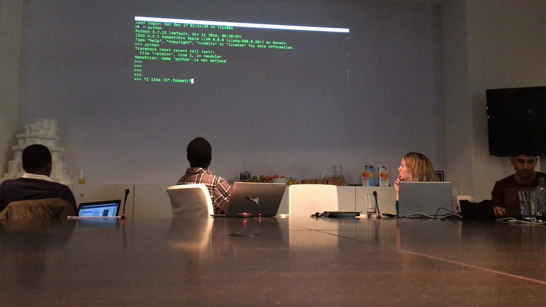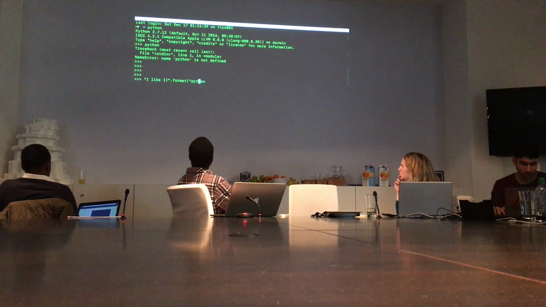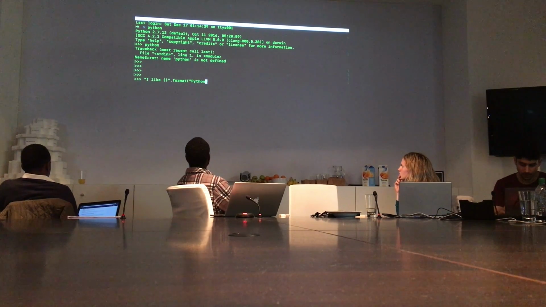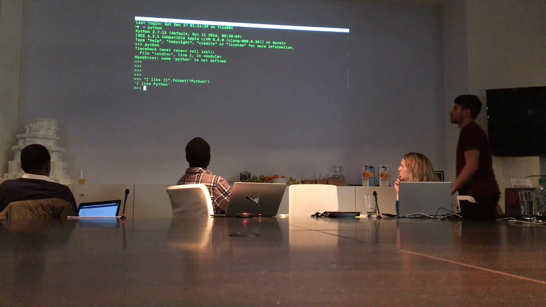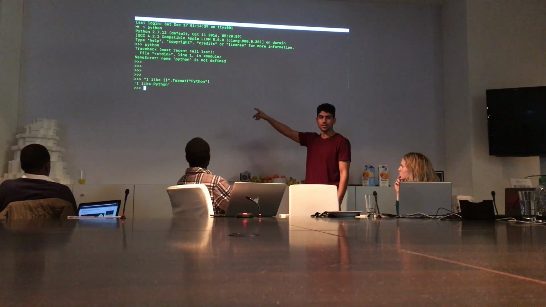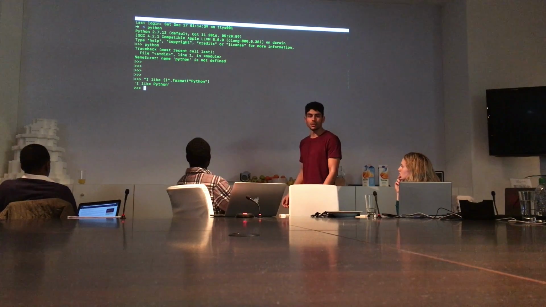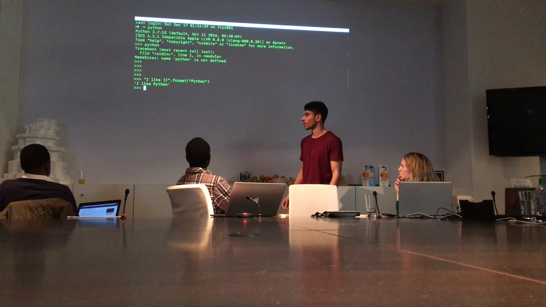If we provide an argument here of, let's just say, Python, you can see that whatever argument we provided in the format function will fill up the placeholder, or take the space of the placeholder in the string.